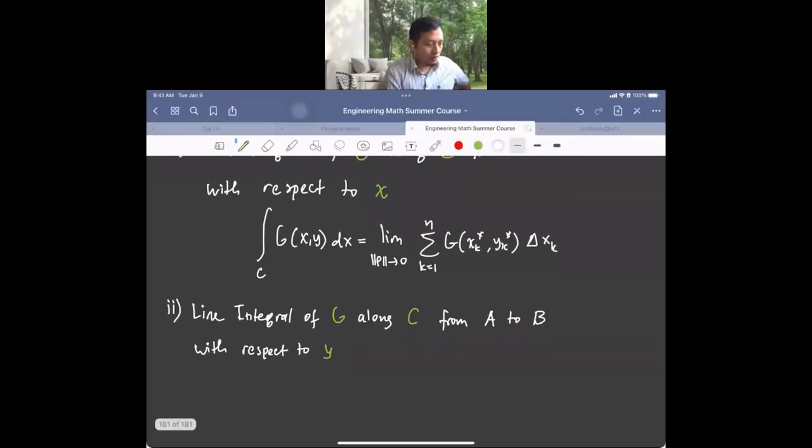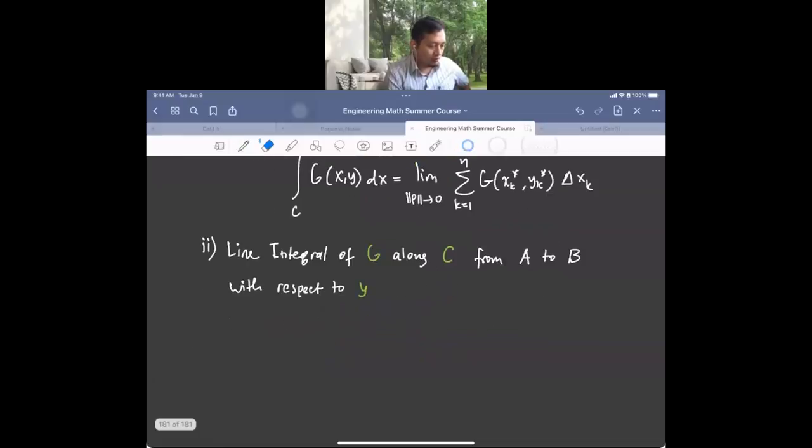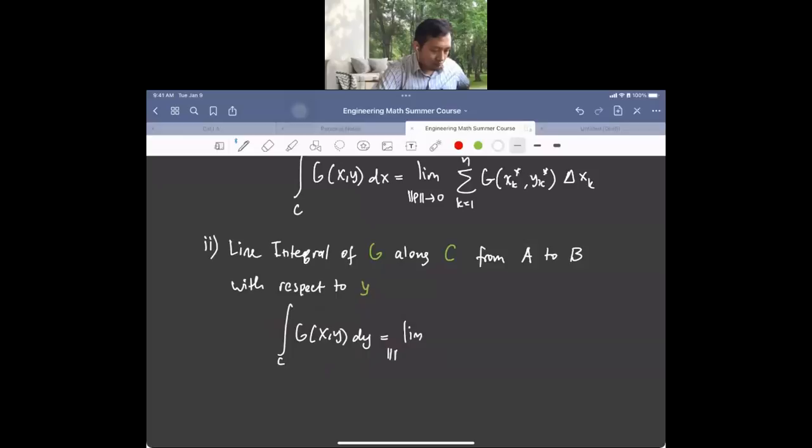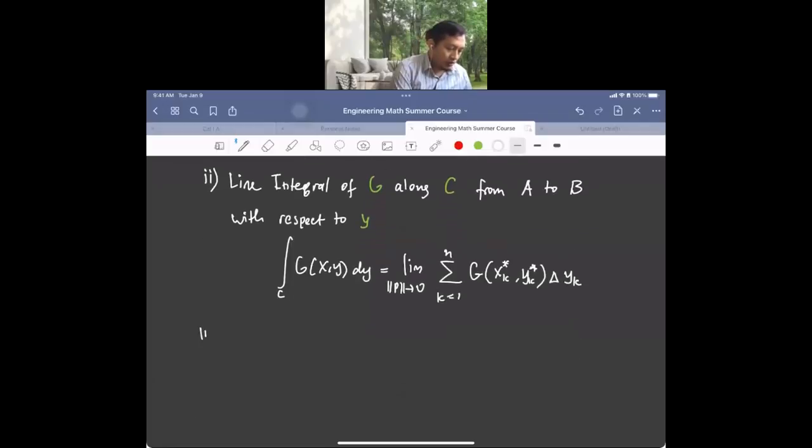So we are just going to change the dx to dy, so it becomes